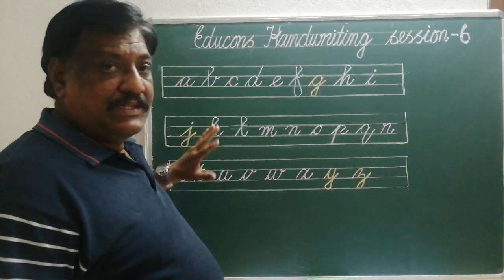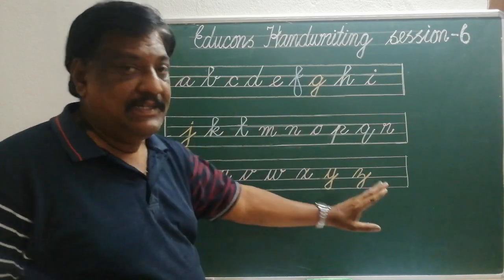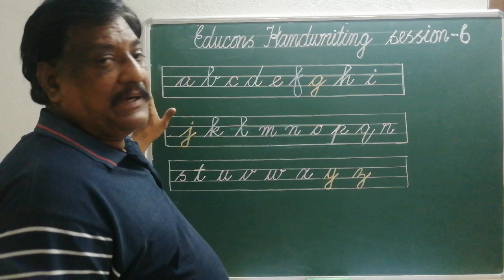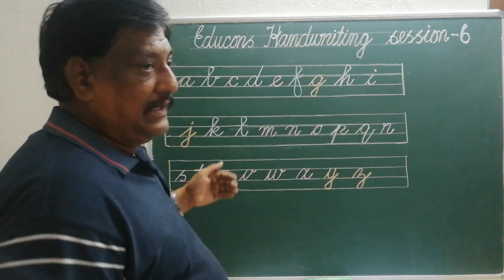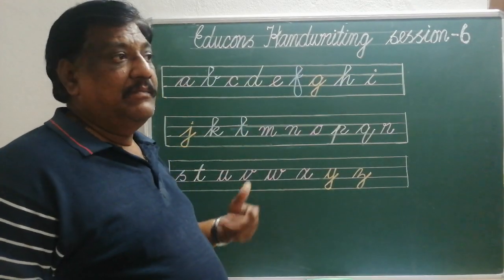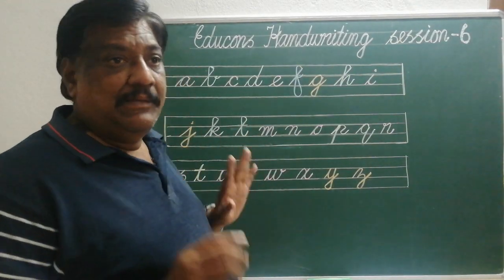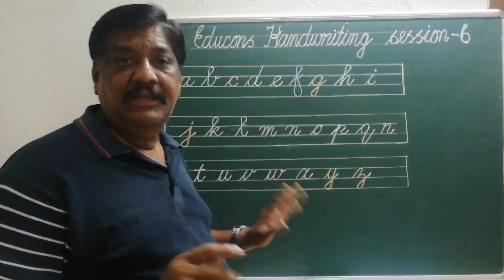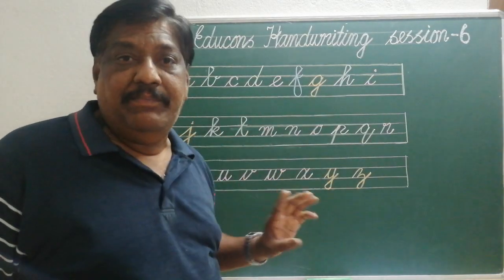Now this session you have to go through completely from A to Z in a proper order you write. This practice you can do any number of times, right? Within the next session starts, maybe 5 times, 6 times or 10 times, but you practice this because this is the alphabet by which we are going to write the words, right? So two things you have to keep in mind.